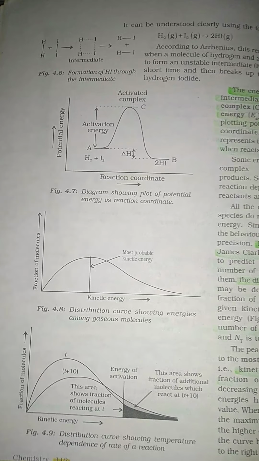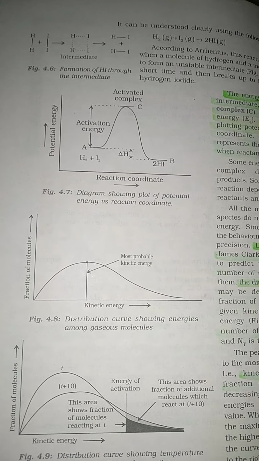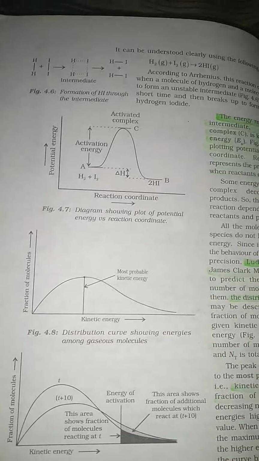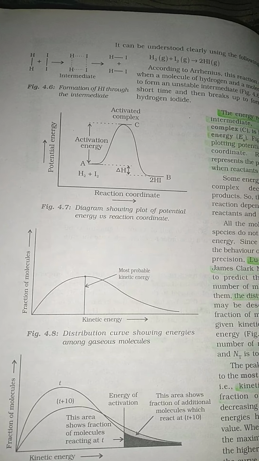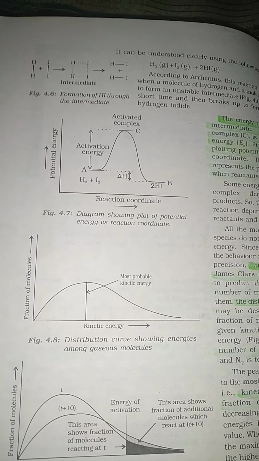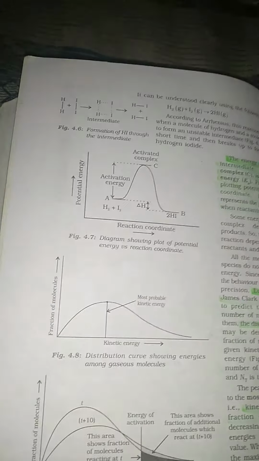So this is the fifth video of chemical kinetics. Today we are going to start with the half-life of a reaction along with some numericals. Then I will discuss the Arrhenius equation, then the Maxwell-Boltzmann distribution curve, and a little bit about the effect of catalyst also in this video. So without wasting any more time, let's start with the topic.